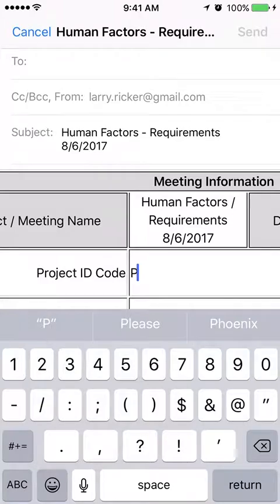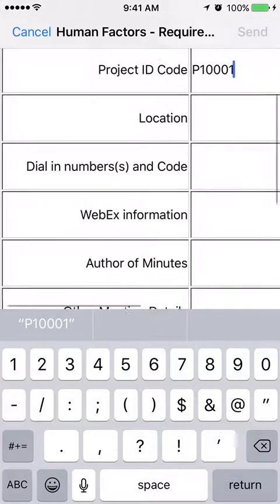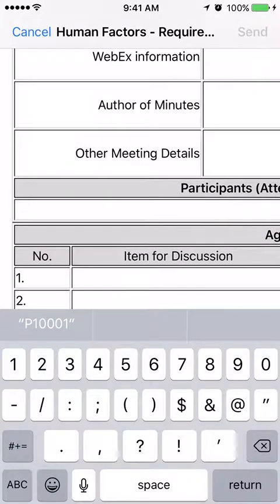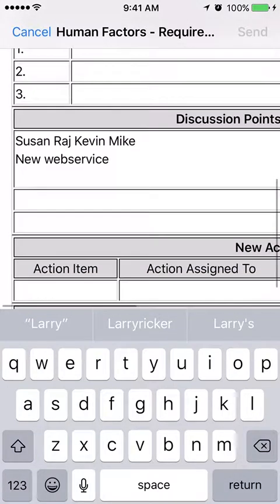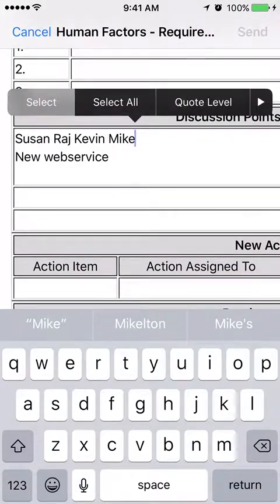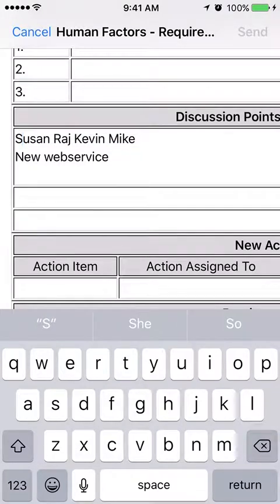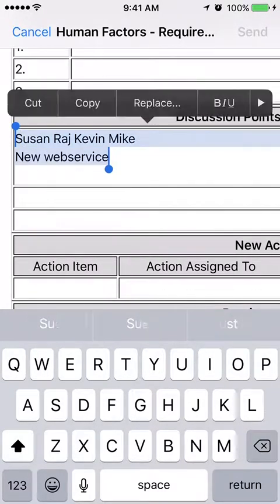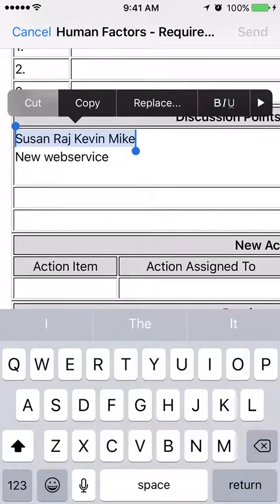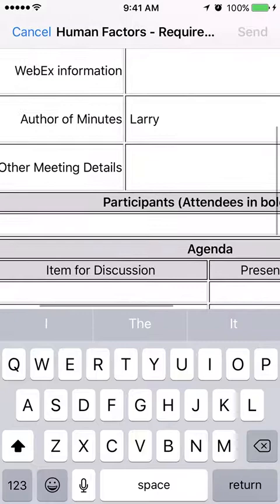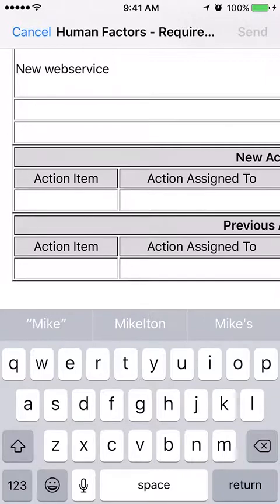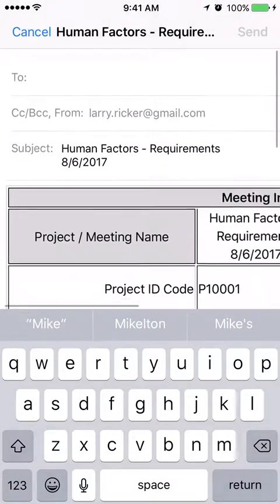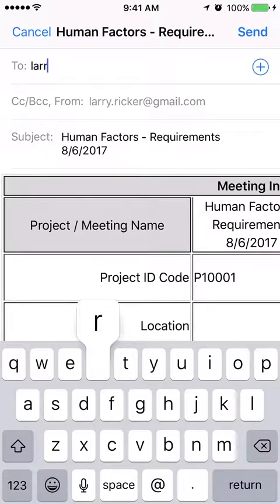and you can go and fill this out further, like if you have a project code, and your location. If you had WebEx information, you could put in your notes, and you could take the people that attended the meeting, and you could actually cut that, and you can move that up and put it in the participants area, and just reformat it a little bit, and then you could either send it directly or you could send it to yourself and then edit it a little further or look it over,